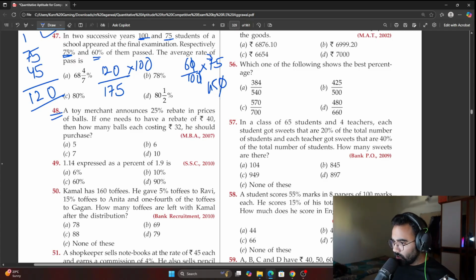So on each ball, how much rebate would he get? 25%. Okay, the 25% is 1/4. So 1/4 of 32 is 8 rupees. So on one ball, he gets 8 rupees back. So how many balls would he have to purchase to get 40 rupees back? That is 5. Simple one, because some questions require you to actually pause and find out a shorter way,